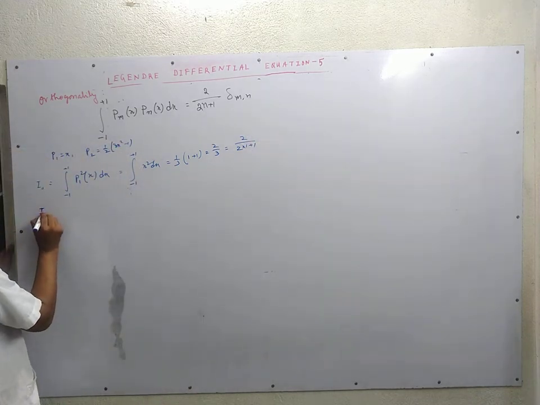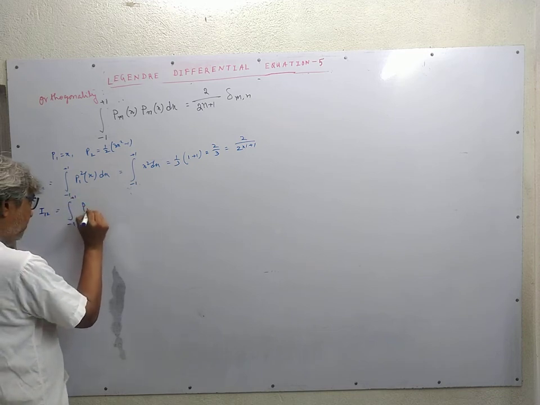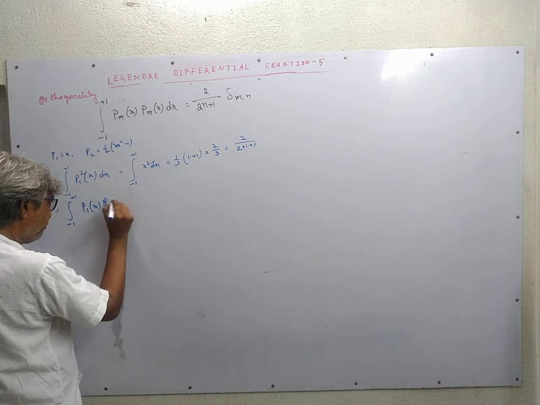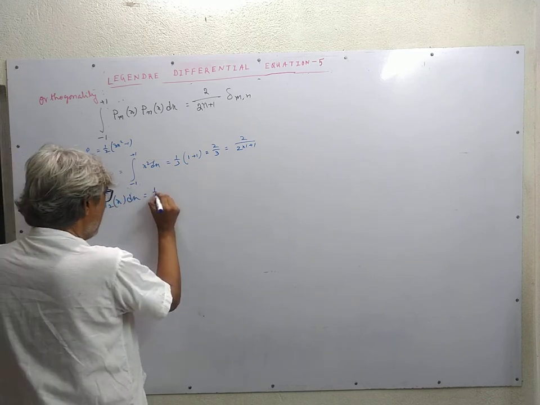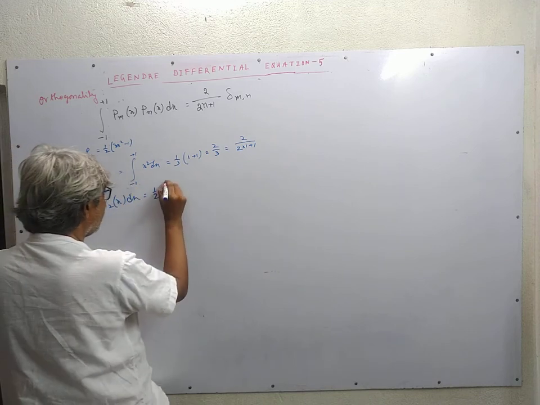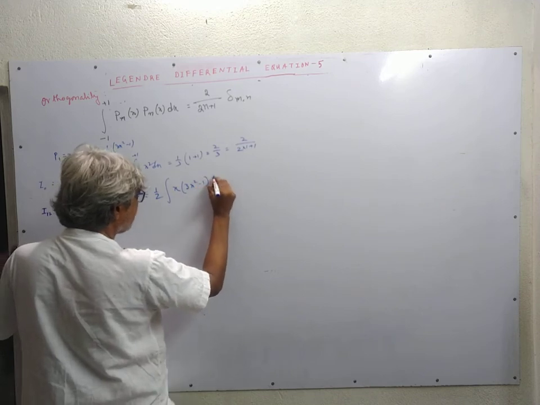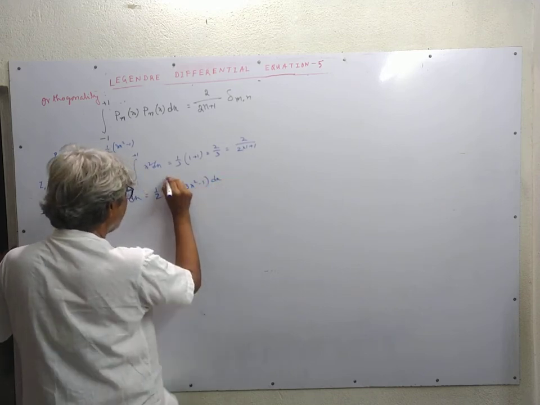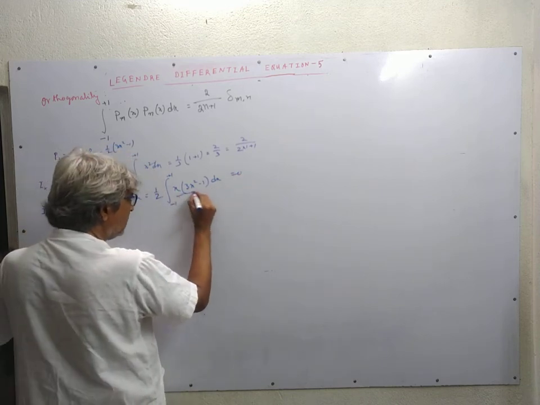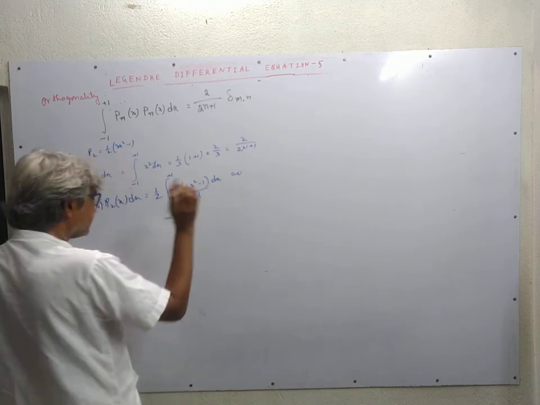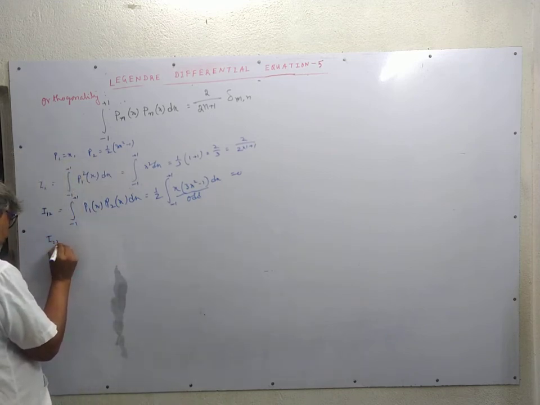Then we consider the integral from -1 to +1 of P1 of x, P2 of x dx, this is equal to half, x times 3x squared minus 1 dx from -1 to +1. This is 0 as the integrand is odd. This is odd and integrated over a symmetric interval. And then coming to the P2 part,